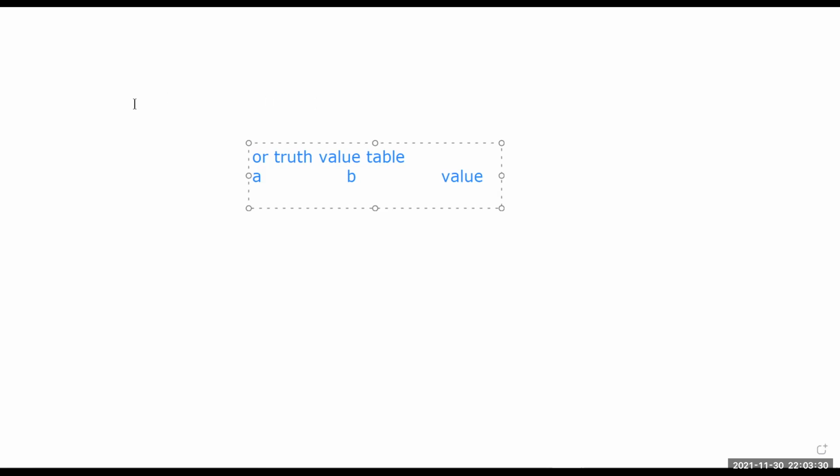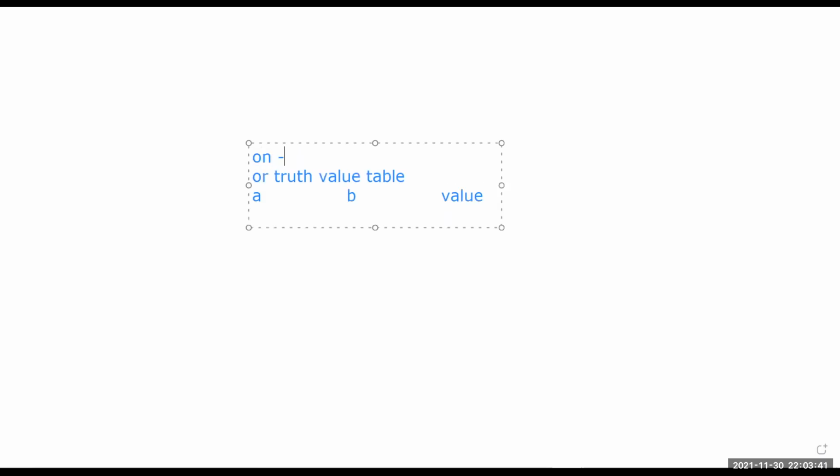Okay. So on represents 1, whereas off represents 0. Is this making any sense to you? Yes, sir. 1 represents true and 0 represents false.